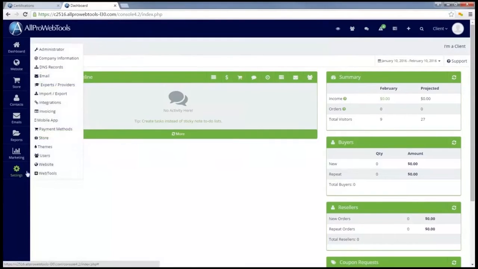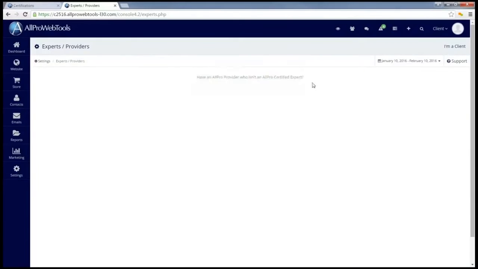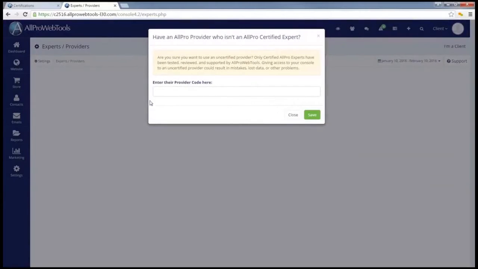As the client, I'm going to go into settings and go up to experts/providers. And right here, it'll ask me if I have an AllPro provider who isn't a certified expert. I can click on this link and it will ask me to put in the provider code. And this is the provider code that, as a provider, you will have to give your customer. So if I put in this code and click Save,